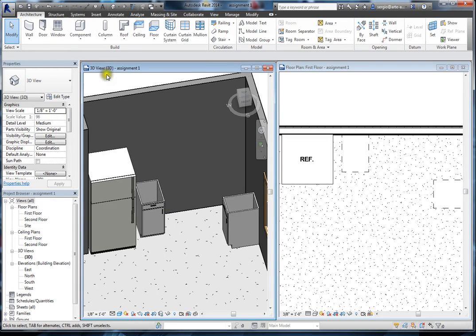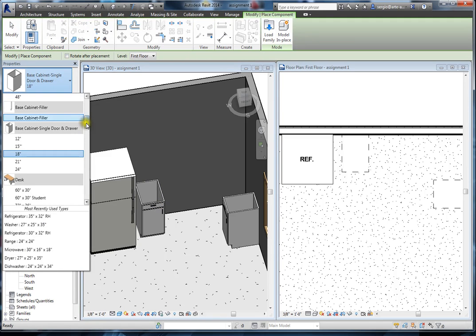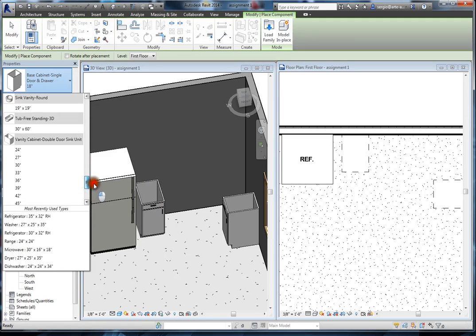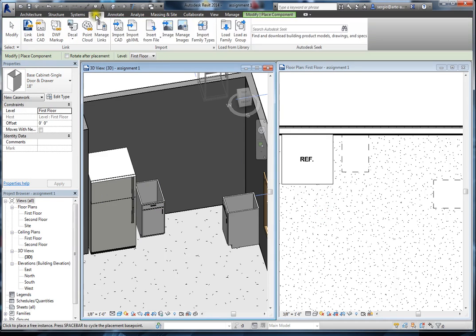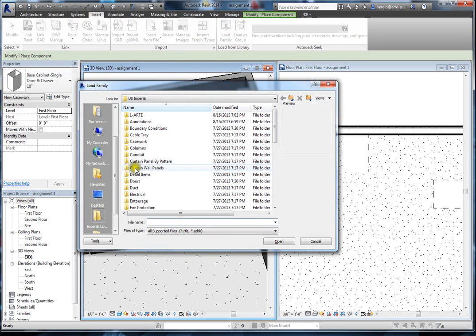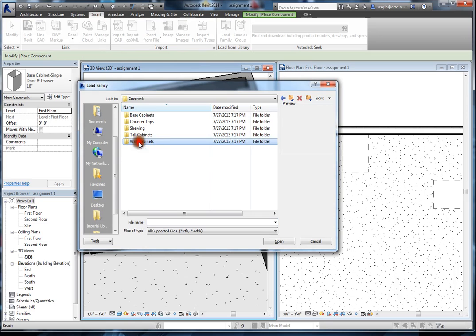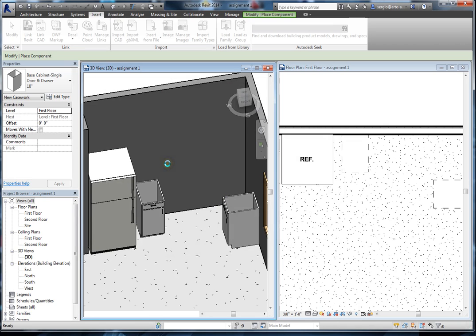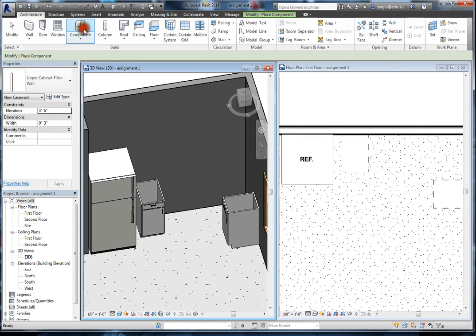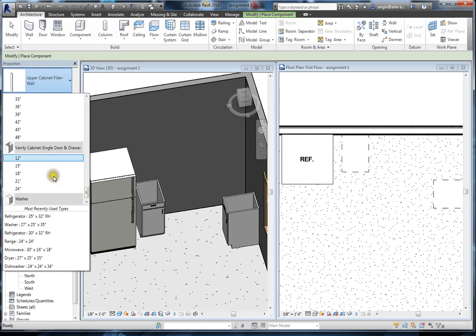So in the components, that was the base cabinet, and then same thing with the wall cabinet. I think these are called upper cabinets. So I need to load those in. Let me go back to my insert, load family, go to casework, and then wall cabinets. And here again you can choose different kinds. So I'm going to choose that one. I'm going to use a filler, and a single one. So I'm going to load those in,